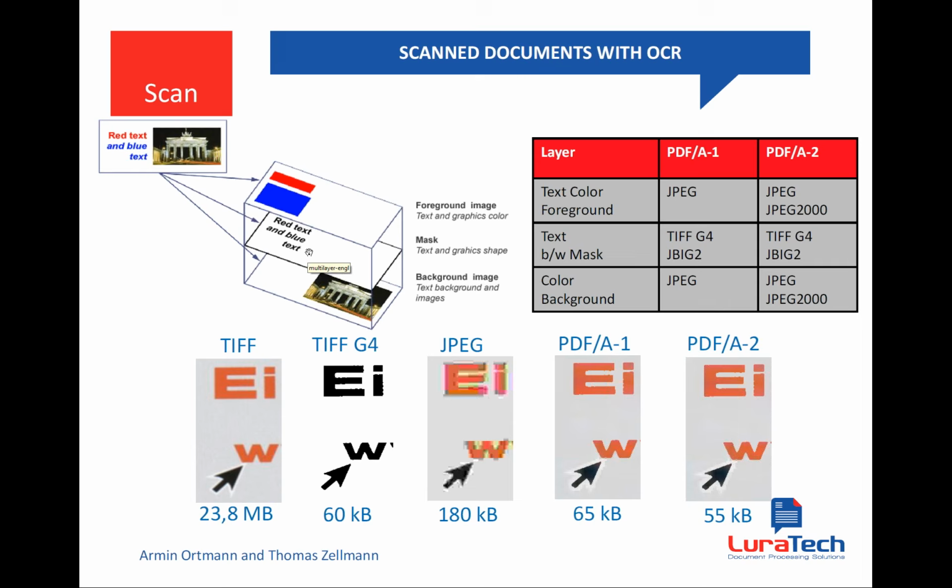So here we really get black text on white background, which is also optimal input for OCR recognition processes. That the text in the sample here was red and blue is in the so-called foreground image,